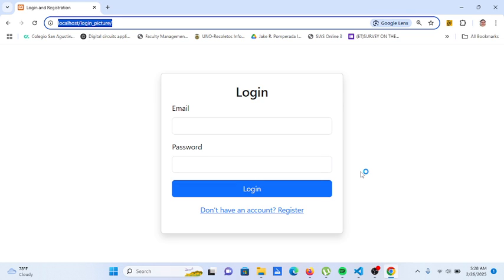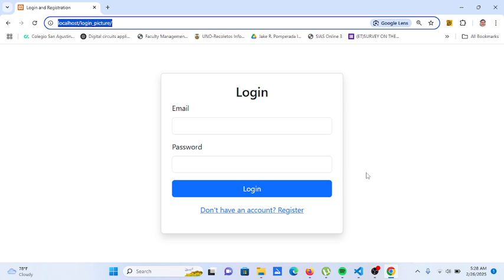So in this video guys, we will have a walkthrough on a program that I wrote that will ask the user to log in and register their account and enables them also to upload their picture. We will call this program login and registration using object-oriented programming in PHP and MySQL, and it will display the name of the person with the corresponding picture if the account is valid. If not, it will not allow the user to proceed to the dashboard.